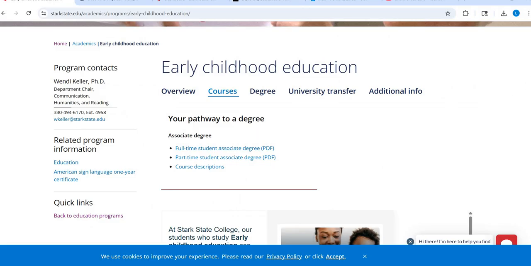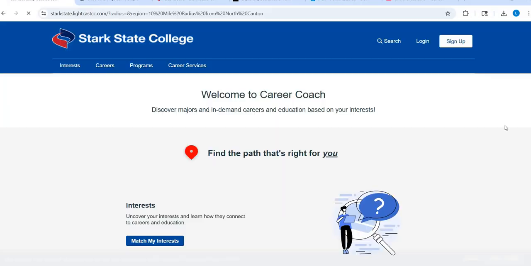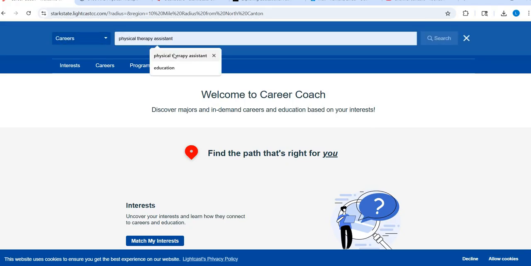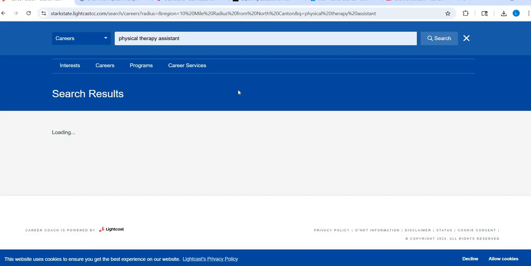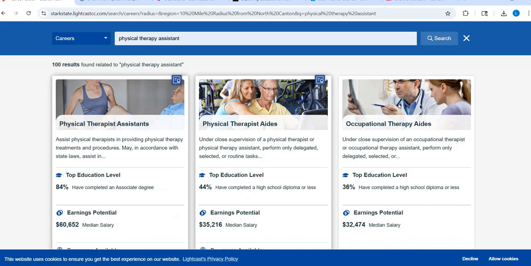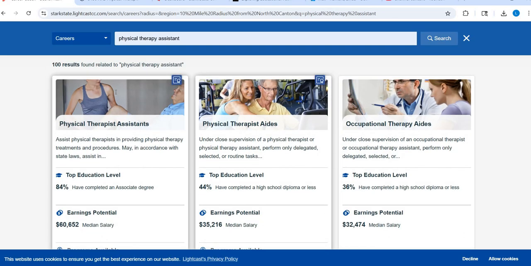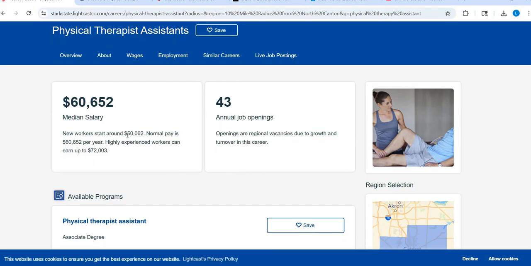Now, the bottom part, right down here, I'm going to go ahead and use, and this is going to become comfortable and familiar to you as this is part of your other assignment this week. I'm going to scroll down and go to Career Coach. When I click on there, I'm going to come up here and go to Search, and I'm just going to type in Physical Therapy Assistant. And it's going to take a minute, I guess. Internet on campus is a little slow. I'm going to find one that fits the best, so I could scroll through here quite a bit, but the first one is the best fit. So I'm going to click on that. And this is going to start giving me some information.